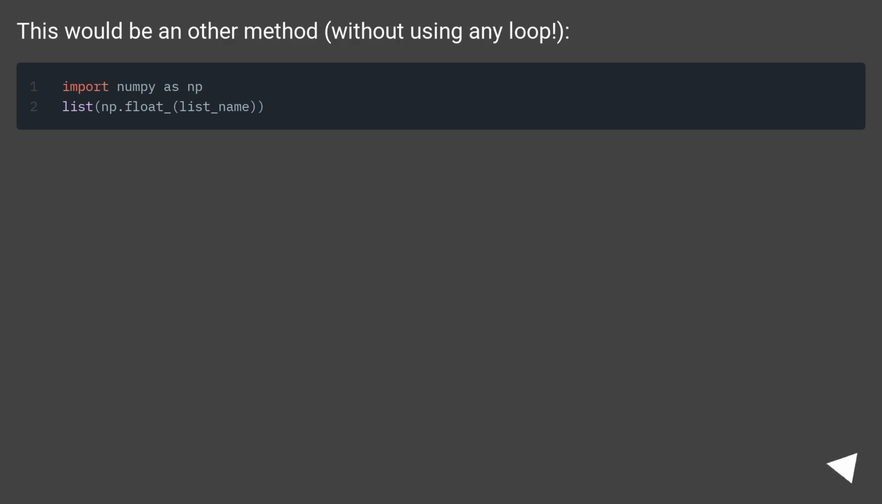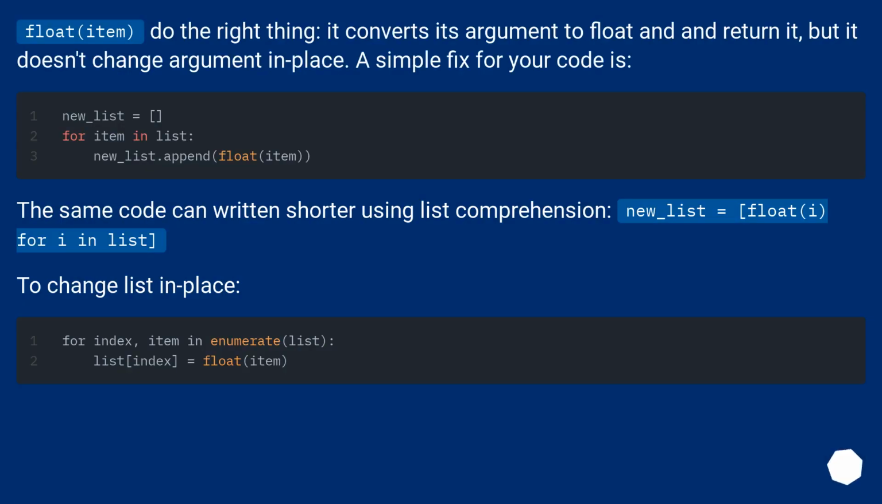This would be another method, without using any loop. float(item) does the right thing: it converts its argument to float and then returns it, but it doesn't change the argument in place. A simple fix for your code is